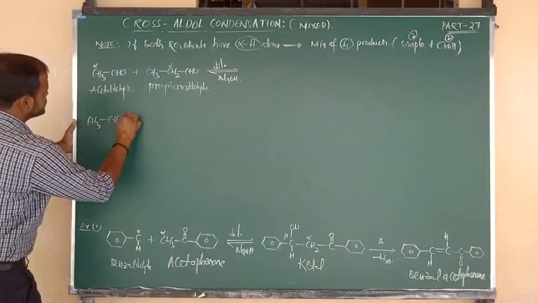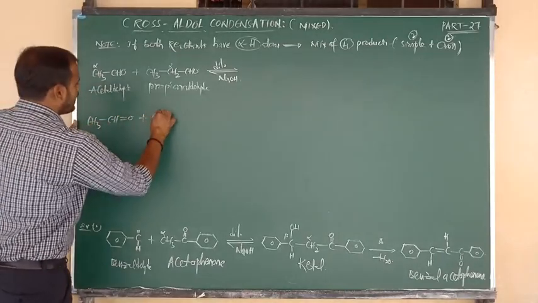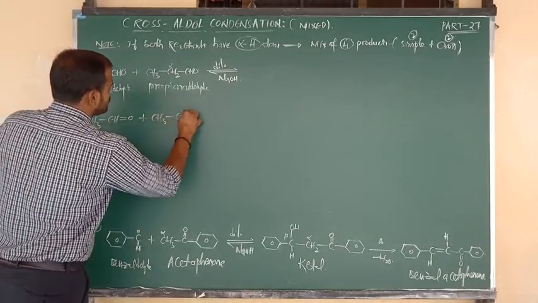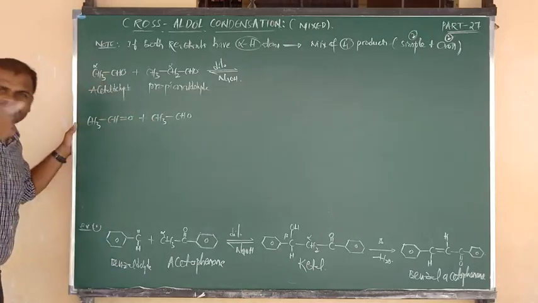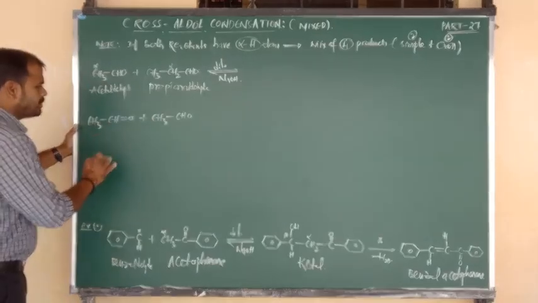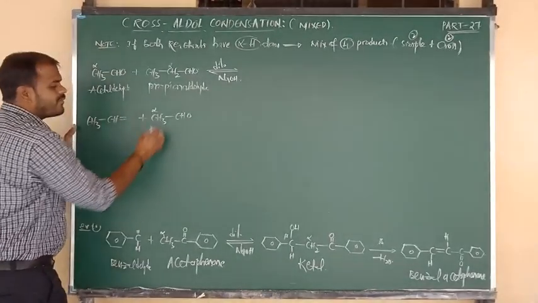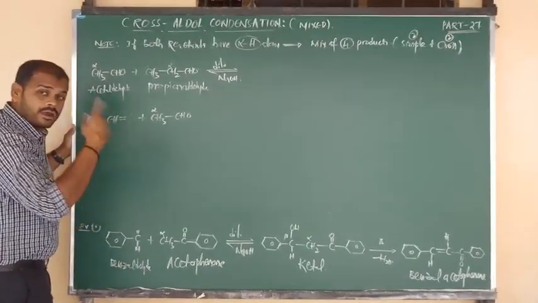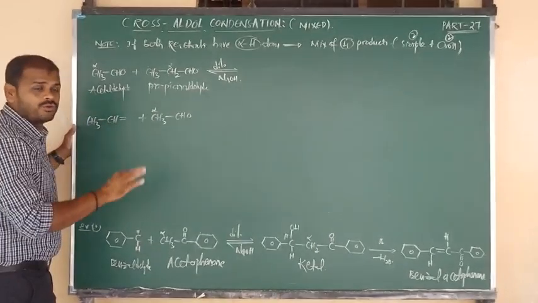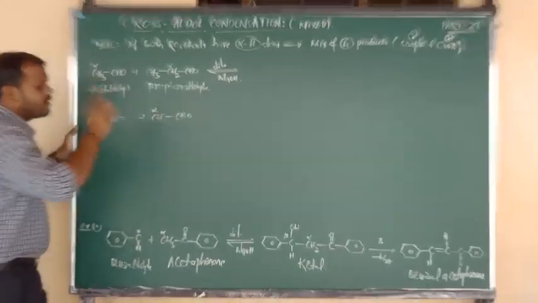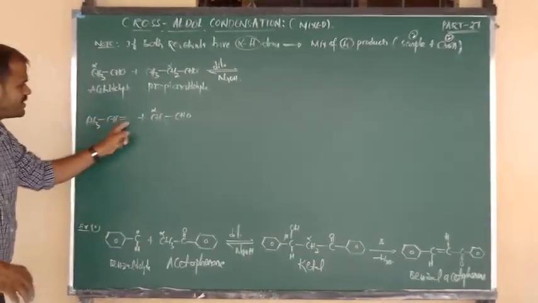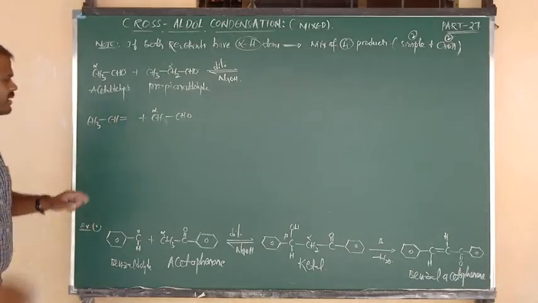CH3 bonded to CHO. Again, CH3 bonded to CHO. So A plus A: 2 moles of acetaldehyde I have taken. From the first molecule, simply remove the oxygen, and from the second molecule, the alpha carbon has 3 hydrogens. Remove 2 hydrogens; after removal of 2 hydrogens, the remaining is only 1 hydrogen. Now, after the loss of a water molecule, we have to join them.